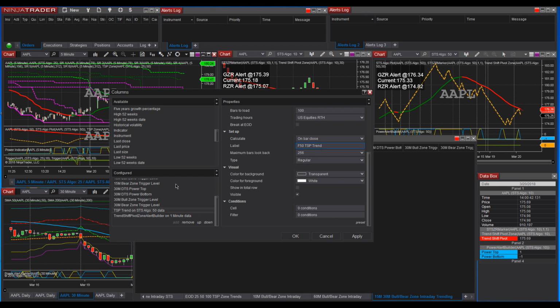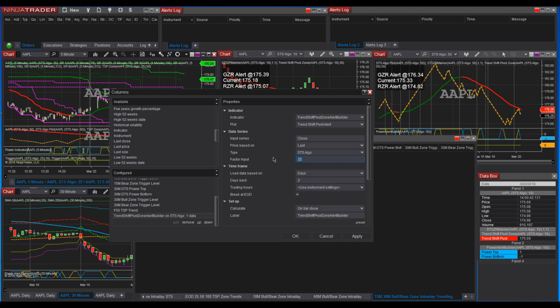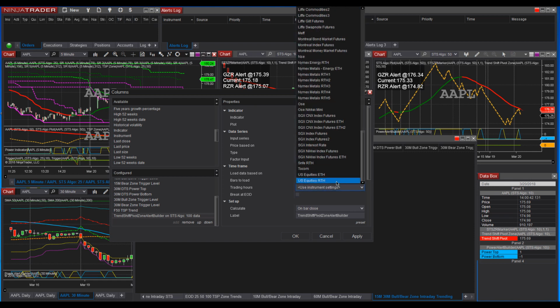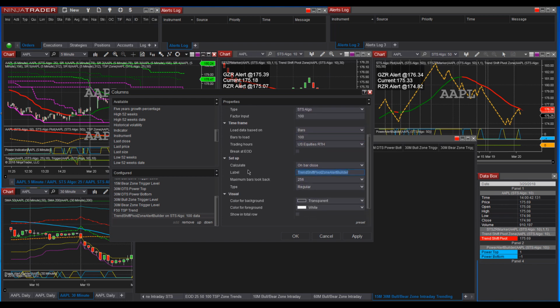Now it retained that. It may not retain it after we hit apply, so I'm going to highlight and copy that, so I'll have that available if I have to do it again. Now I'm going to go back to the next one, do the same thing again. We're going to go back up. We've already added our builder a moment ago. We'll go down, select our Algo. We're going to 100, same bar, 100. No end of day break, regular trading hours only. Now I copy and pasted that so I can put it over here,